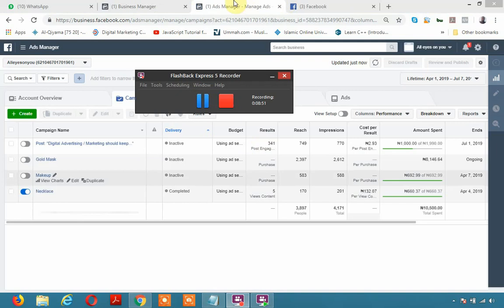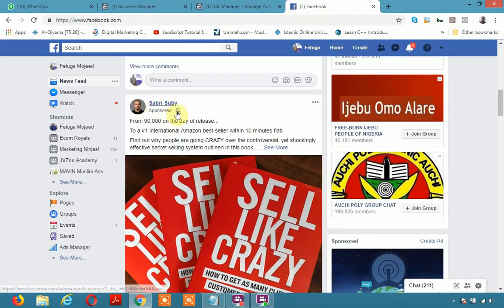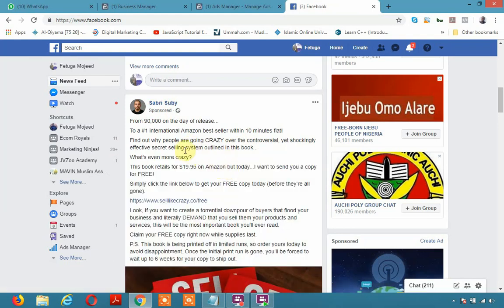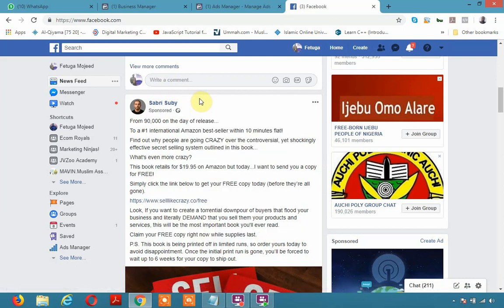Okay, now look at this. If you look at this Sabiru Subi, this is a sponsored ad. Now this is a campaign. This is exactly a campaign. I am not attached to this official page, but this person still sends me an advert, because the person is running a paid campaign. And how will you notice a paid campaign? You will notice by this